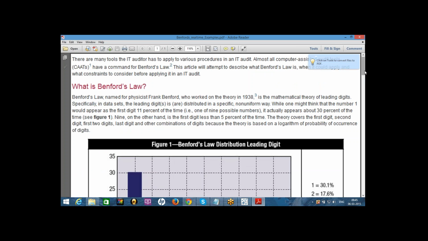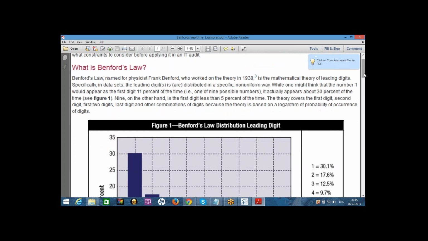He did an experiment on all naturally occurring numbers. He took a data set in which he had all the naturally occurring numbers.